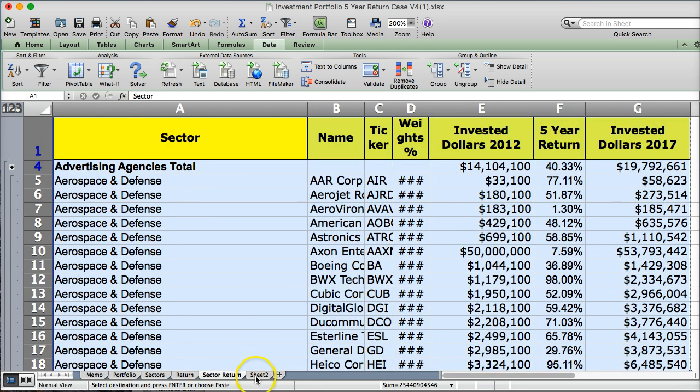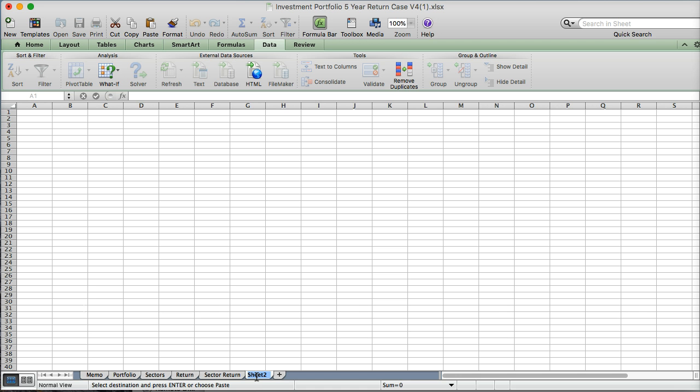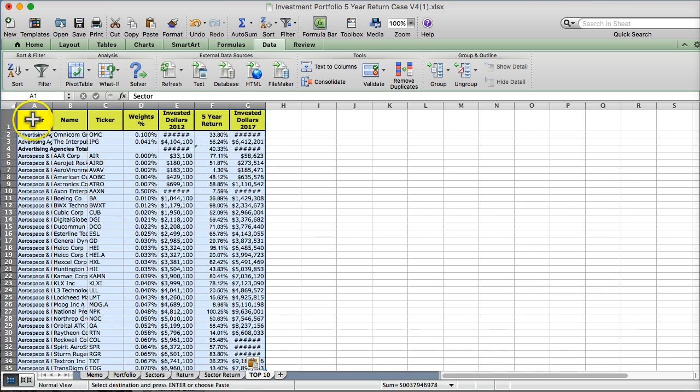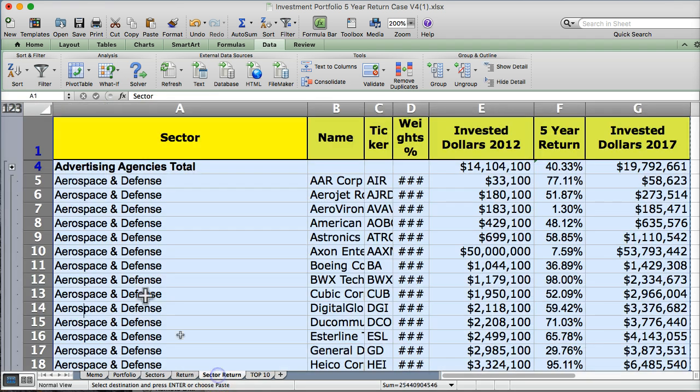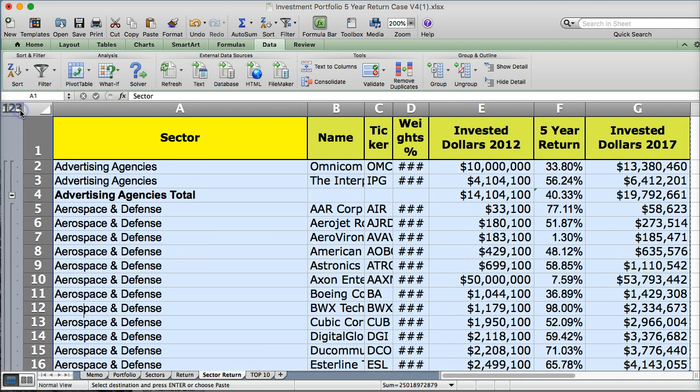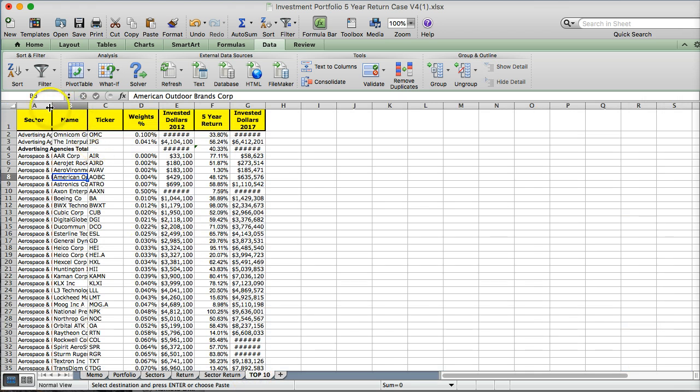I'm going to start a new worksheet. I'm going to say top 10, just to name this worksheet. And I'm just going to paste the information. So now it's here. So the return sector subtotal has the subtotal columns, which you can subtotal by level. So 1 would be the grand total, 2 would be the sectors, 3 would be all the data in between. So what I'm going to do here is